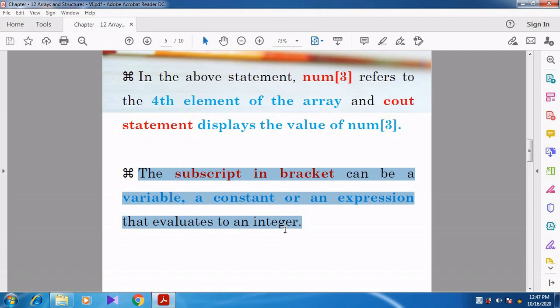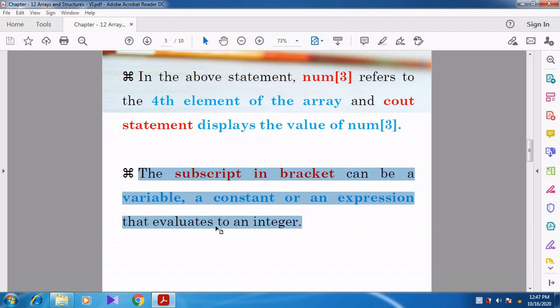Can you understand, students? See, instead of passing num of 3, you can pass num of a plus b. So what is the value of a? A value is 1, I am going for an assumption, that's all. So a value is 1, b value is 2. So automatically a plus b means 1 plus 2, it becomes 3. So that is what they are saying as the expression.